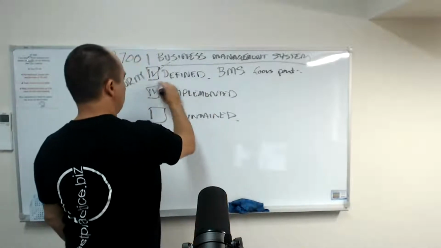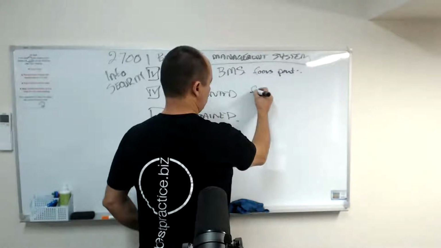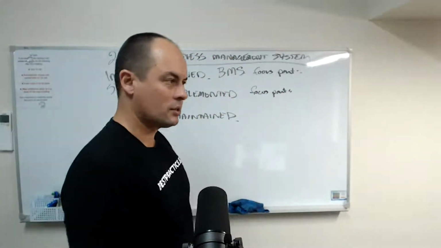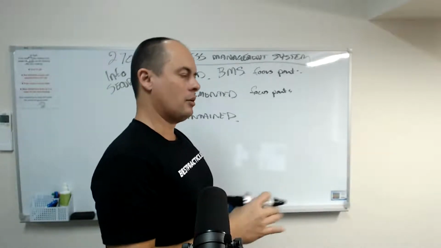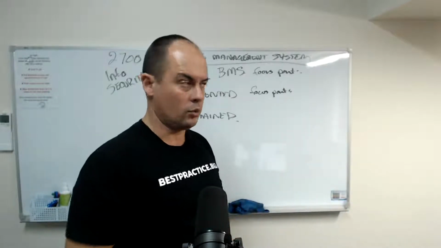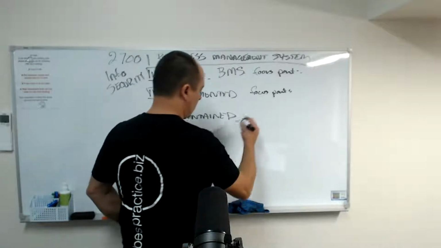Then we're going to say, have you implemented it? Did you do what you said you'd do? We'll give you some focus points and some recommendations. If it's formal certification, we might say this needs to be fixed so we can sign you off and give you an approval. And then we're looking at maintained, and so this will be an ongoing